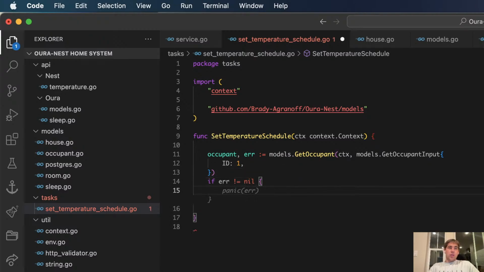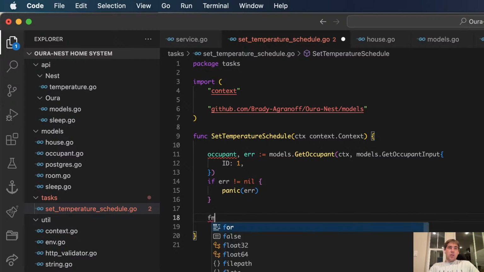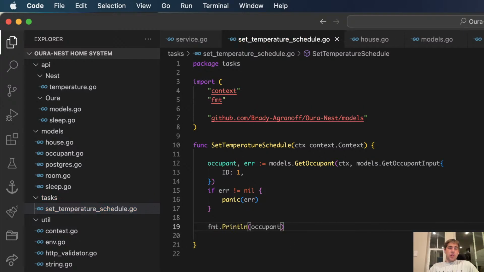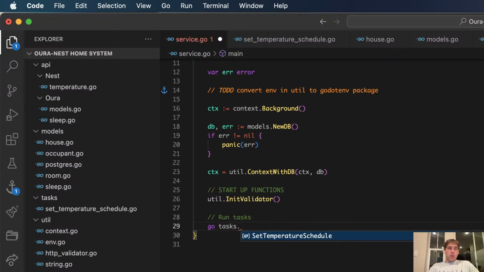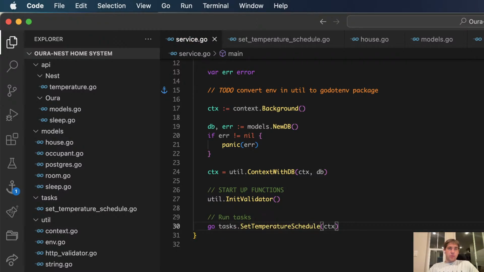Okay, if error. Let me go ahead and print the document really quick. It's gonna be so ugly. Oh, let's go ahead and run tasks. This is again not gonna go tasks dot temperature schedule.